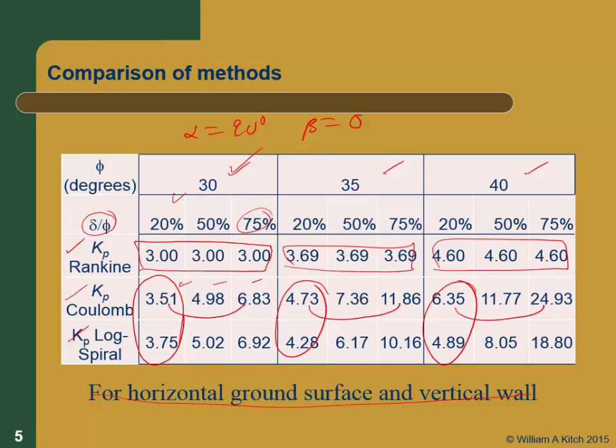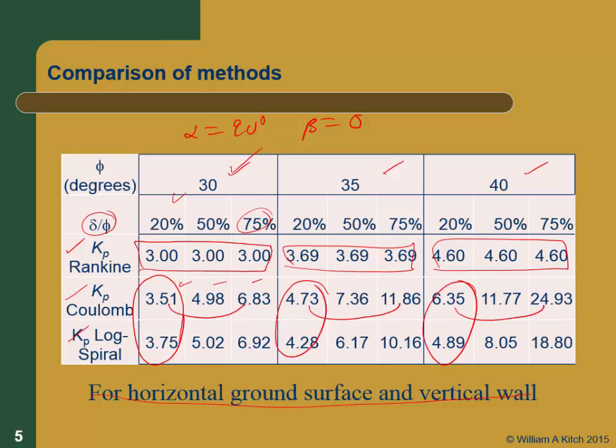But what happens as the friction angle gets higher between those two? Which one gets larger? The Coulomb gets larger than the log spiral,